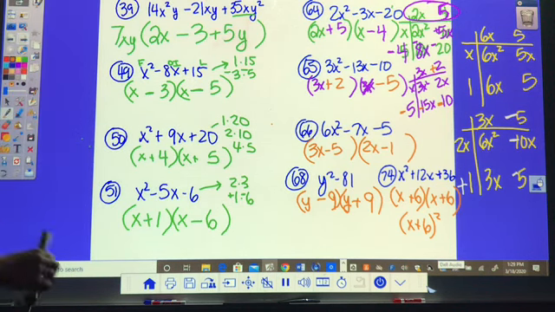Let's see what's on the next page. This is going to help you guys study for your